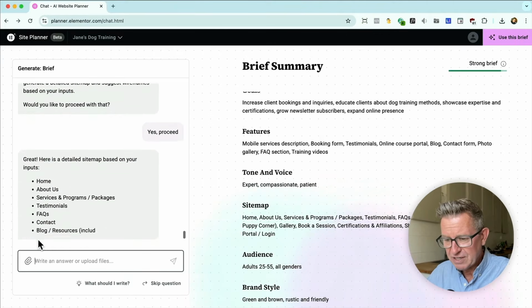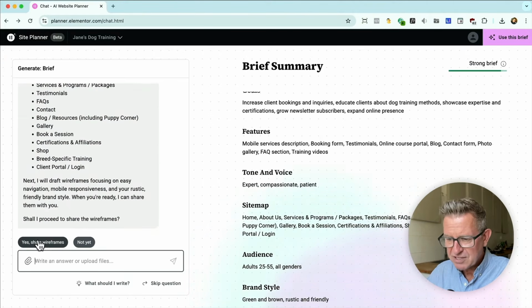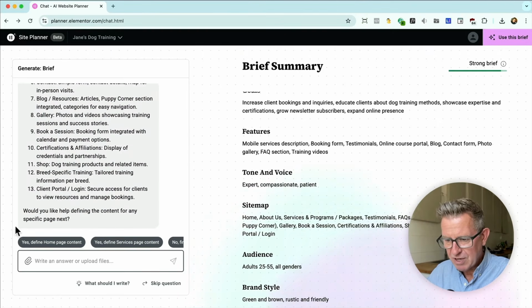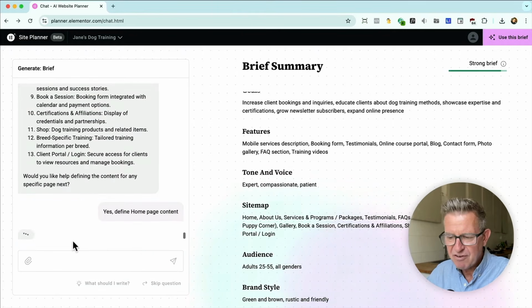So, great. Here's the sitemap coming through. Next, it's going to draft the wireframes. So here's the wireframes, outlines, and so on. Would you like help defining the content of any of the specific pages? No, finish planning. So this is, if you didn't know where to start, define homepage, for example, and it just helps